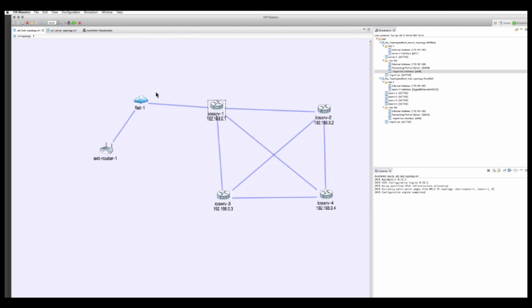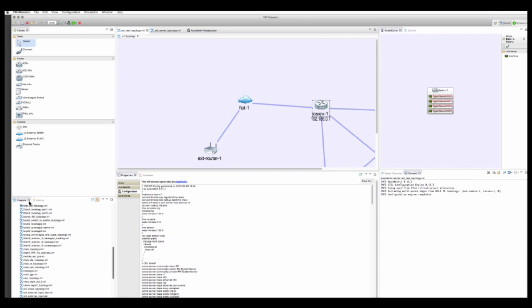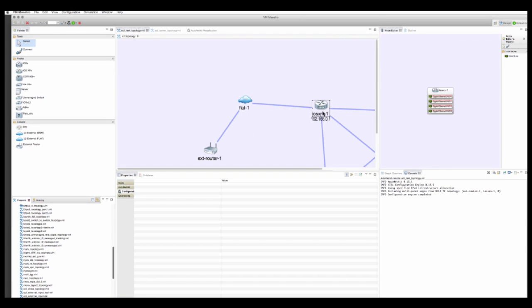So as I said, two different topologies that we have running. So here is our test topology. We've got the various devices, the XRV devices. Now, in this particular case, we've actually posted this topology so you can see this. This is available in the GitHub repo that Tom showed us earlier. So we're setting various parameters on these devices. So if I take a look at the XRV instance that's here,